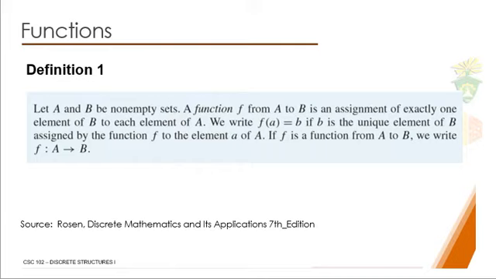By definition, a function f from set A to set B is an assignment of exactly one element of the set B to each element of the set A. Take note, one element only from set B is mapped to an element of the set A. If f is a function from set A to set B, then we write the equation,